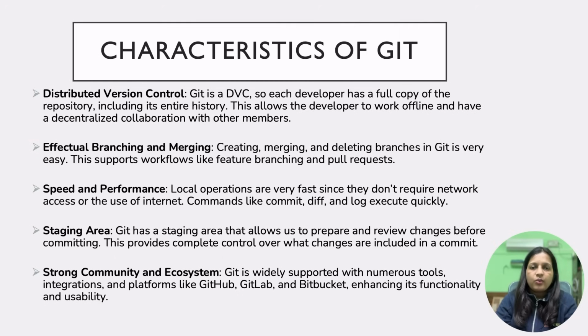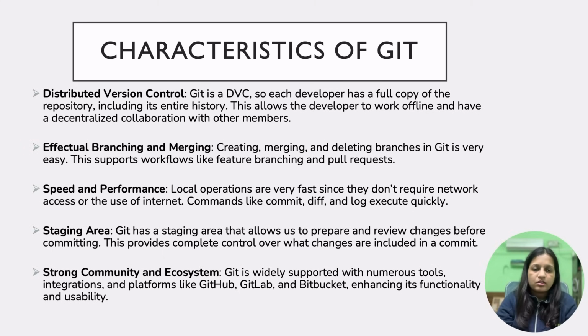What are the characteristics of Git that we can use? It is a distributed version control system, that is, the developer has a full copy of the repository and the entire history, which means that they can work offline if they cannot access the server, and can also collaborate with other members. Effective branching and merging, that is, you can create, merge, and delete different branches. What are branches? We'll look ahead in the video. It is very easy to create a branch, and it supports workflows like branching and pull requests, that is